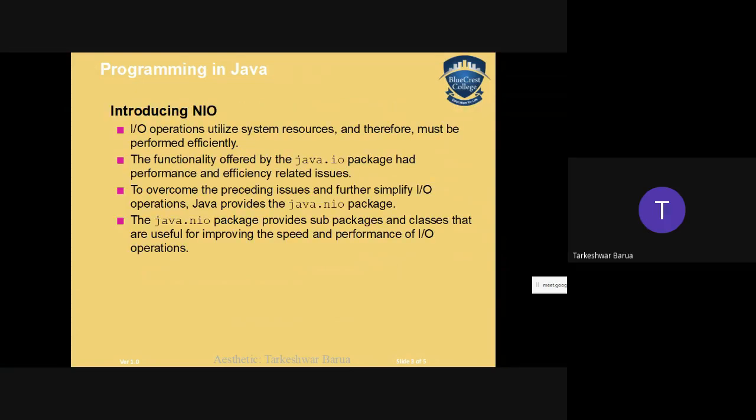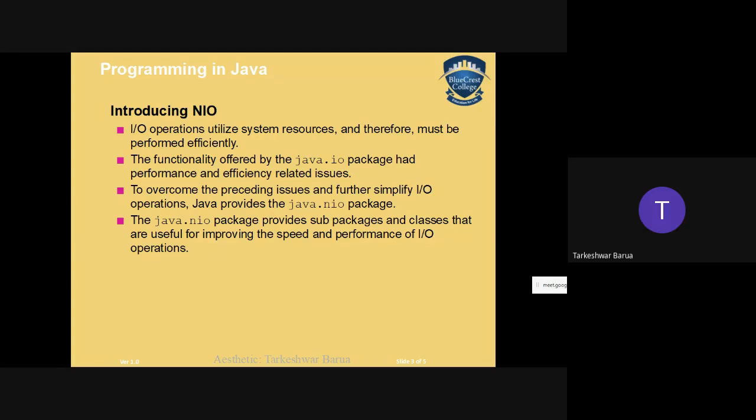So now, introducing NIO, input output operation. We are going to work natively on Java, directly on the operating system. IO operations utilize system resources and therefore must be performed efficiently.